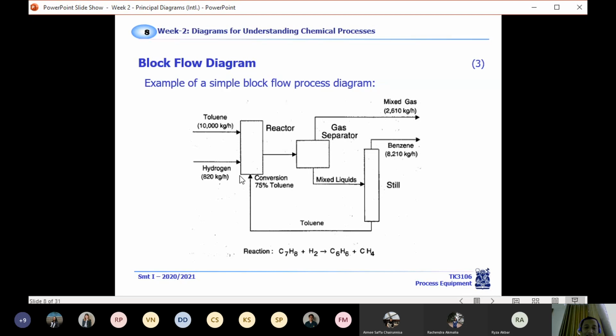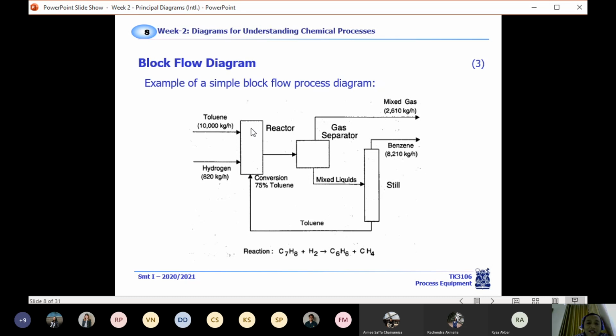So I mean, please carefully read the text. Carefully read what the storyline is. Sentence by sentence, there will be some important things that you can transform for your BFD. Okay.